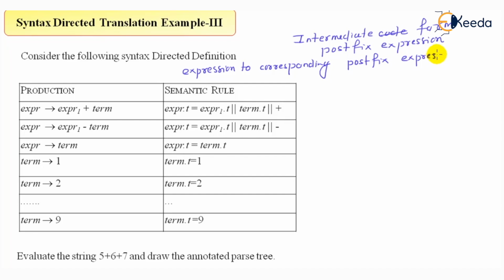So the string that is given to you is 5 plus 6 plus 7, and